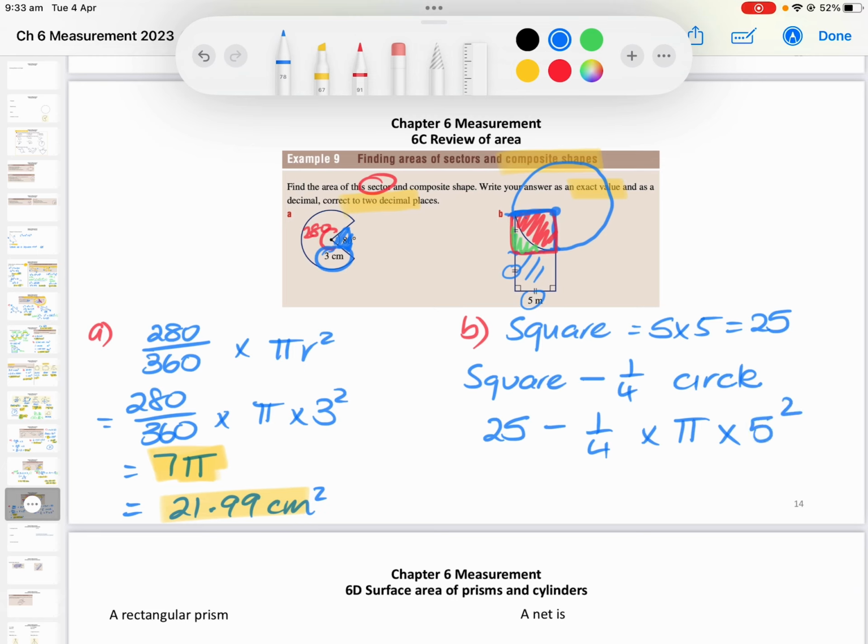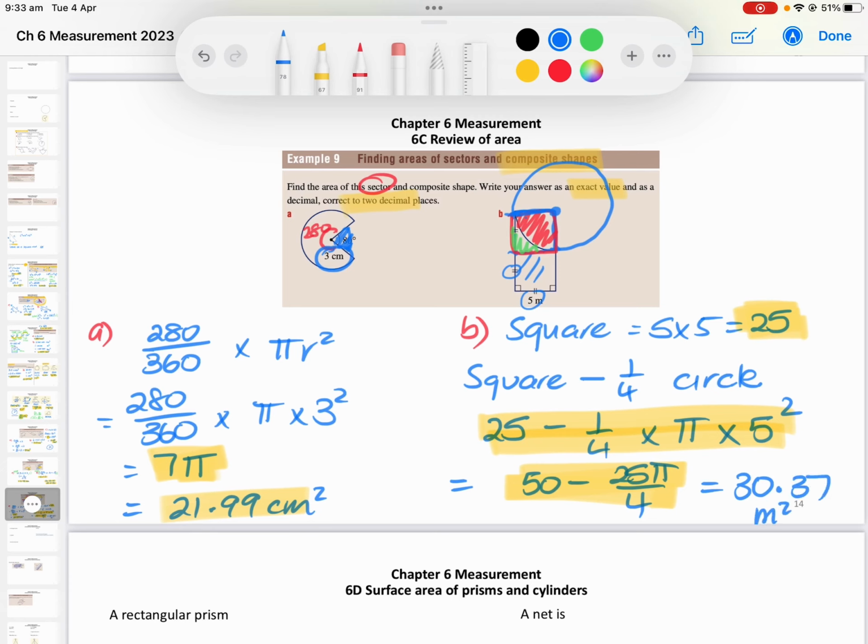So 25 times pi times r squared. So if I work that out, I get, I'm not sure because the book did it differently and I haven't done it exactly, but if you put in this plus the answer to this, your answer in the end should be 50 minus 25 pi on 4. That's your exact answer. And then to 2 decimal places, when you work that out, it should be 30.37 metres